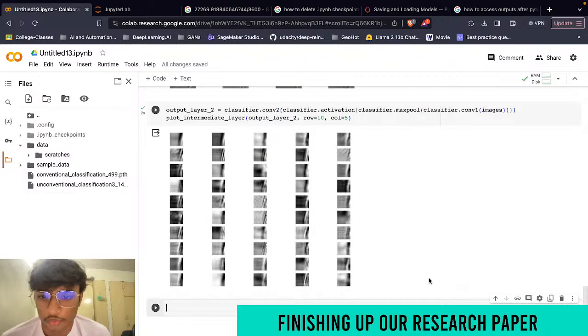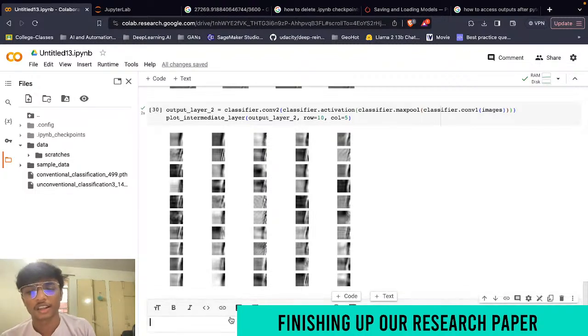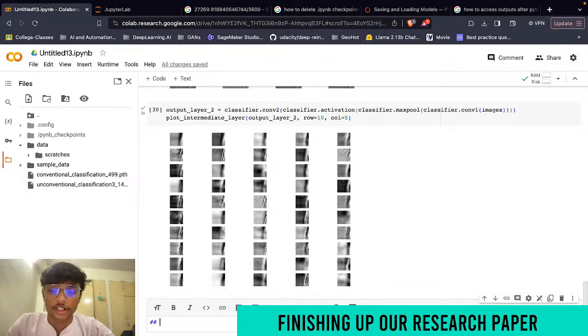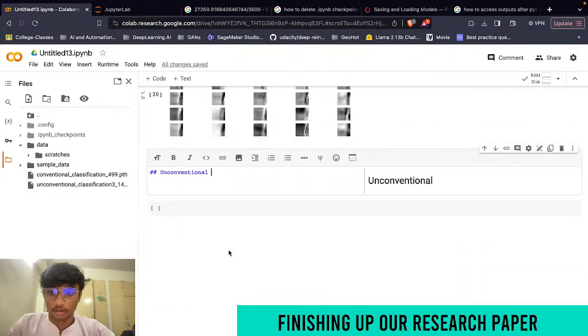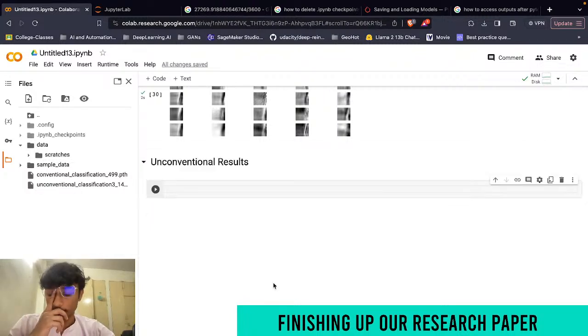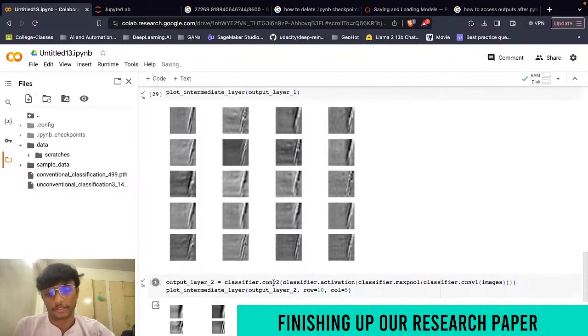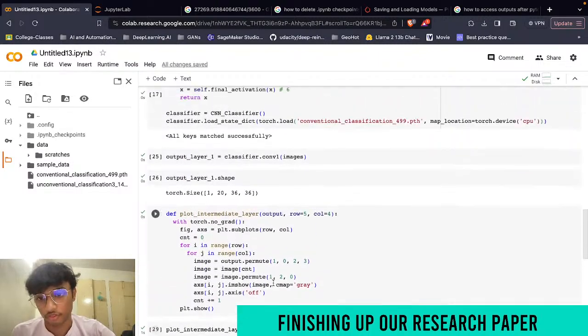And we have these two, so we can see these are decent actually, these are not that bad. But let's see how it is for our unconventional one. If we see any difference at all, maybe there is no difference. Maybe the difference was only visible for the fire dataset or colorful dataset, the datasets that are more complex. This is comparatively simpler dataset because it's black and white, that removes half of the